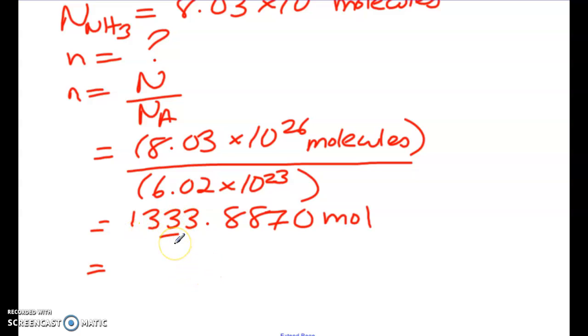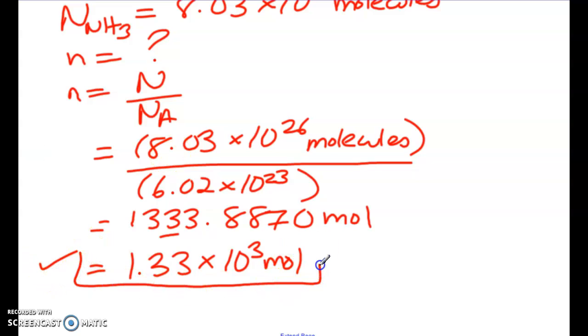The easiest way I find is to put this in scientific notation. So if we said 1.33 times 10 to the 3, this would be one acceptable answer. And I find that's the easiest one to do. If you need sig figs, you just move the decimal point and you report however many you need. Or, and we'll do this in the next part,